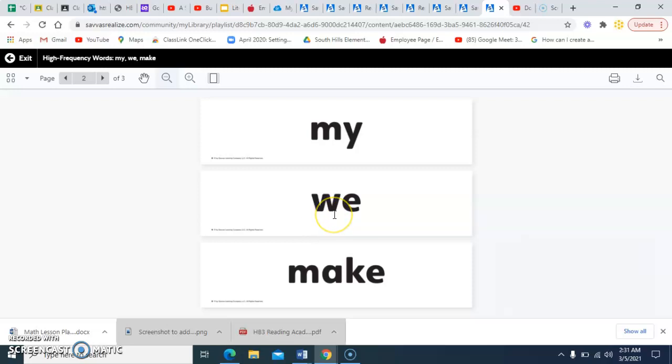Change it to M, what would the word be? If you change it to H, what would the word be? And if you added SH in front, what would the word be? Also for make, you can use the word C and take away the M and ask what would the word be. If you changed it to